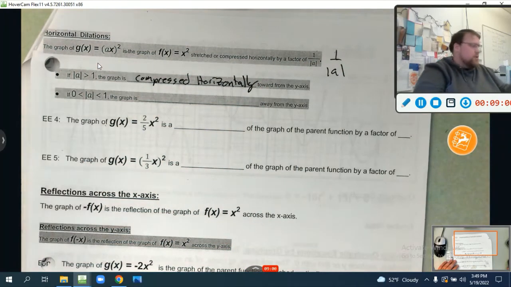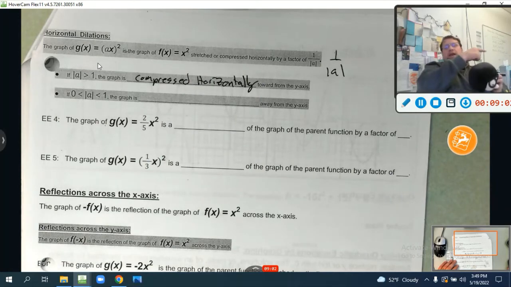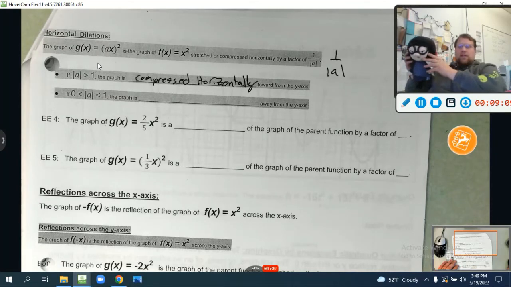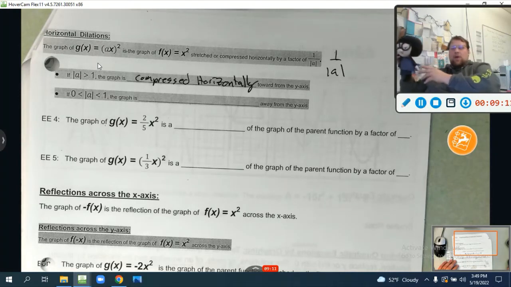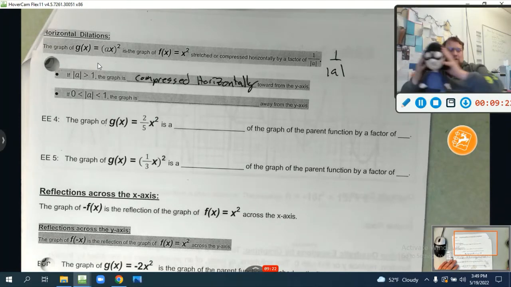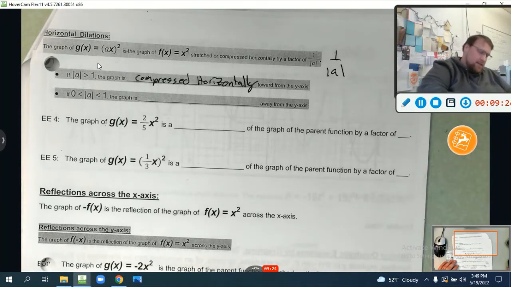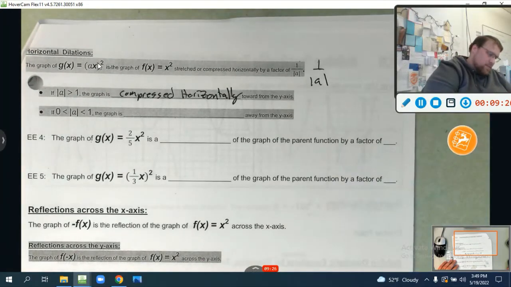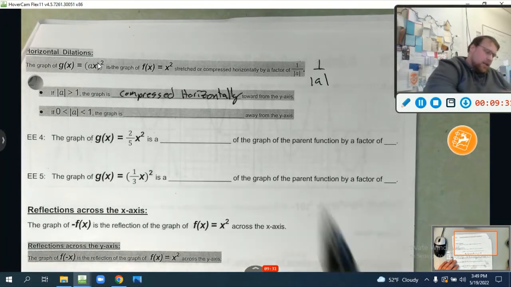Now I want to show you something towards the y-axis. Think of this side of the camera as I'm right up against my y-axis right there, okay? And I'm going to compress her towards the y-axis. Notice what's happening. It looks almost like a vertical stretch, doesn't it? It thins out her face. So in this case, when we compress horizontally,